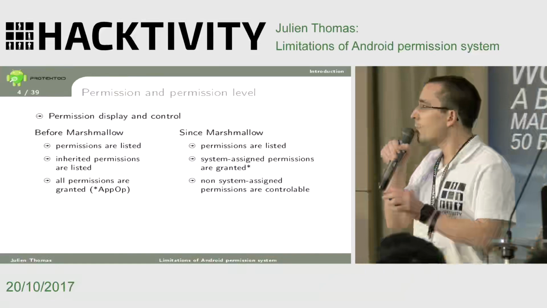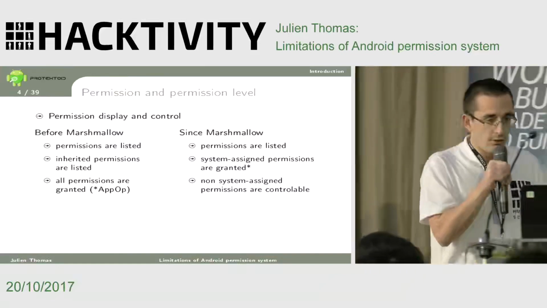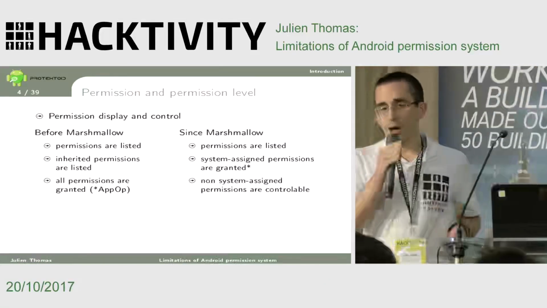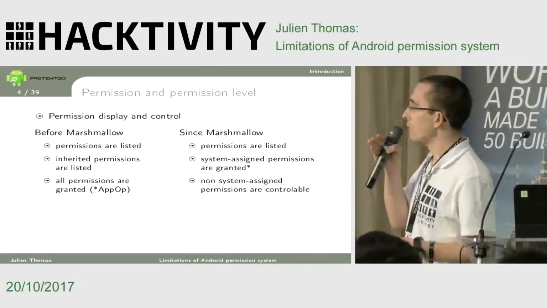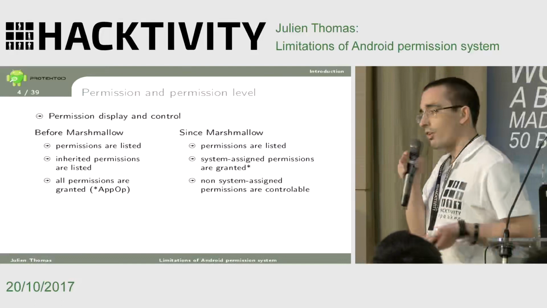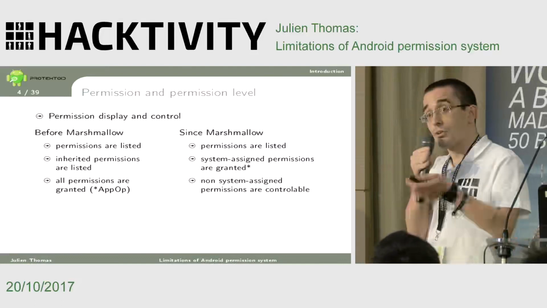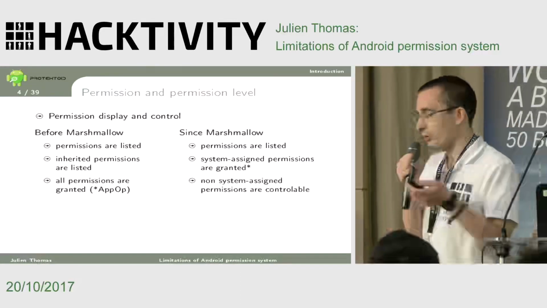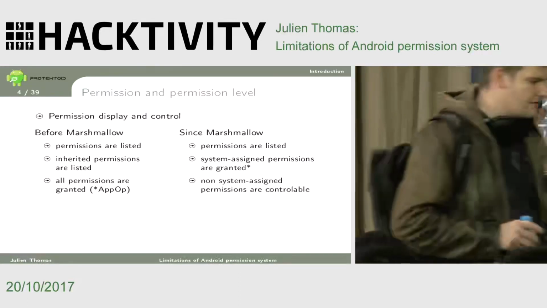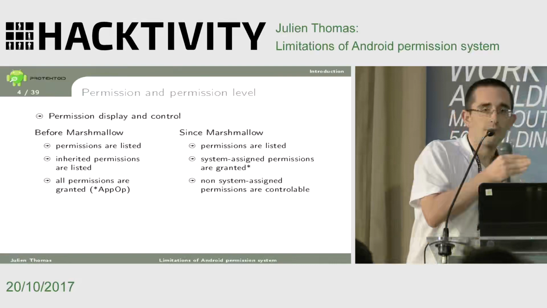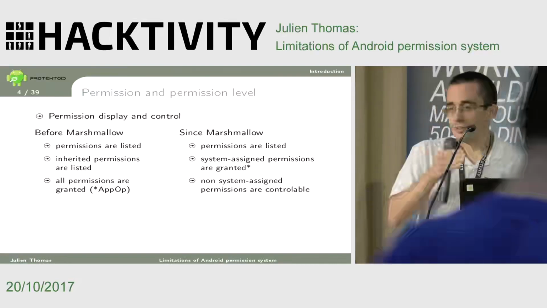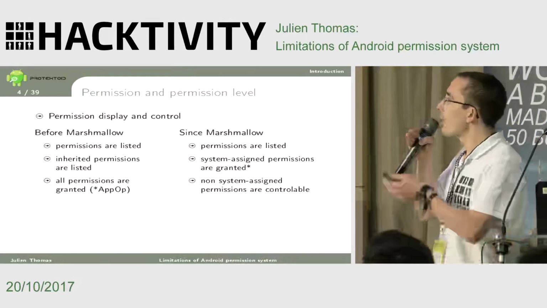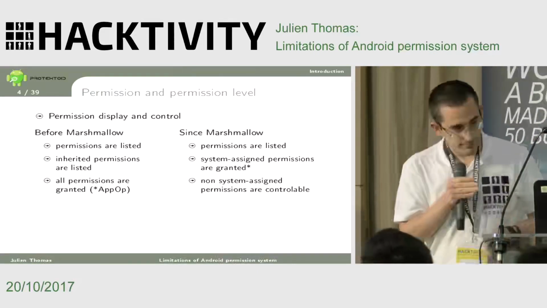A very brief introduction about permissions on Android. A very important thing is what you had before and after Marshmallow, because with Marshmallow we started to have what we call dangerous permissions, which are now requested from the user. The user has to approve an application, for example, to access your contacts or your calendar, whereas before it was done at install. The paradigm before was that when installing an app, the app had all the permissions it requested. Now that's not the case anymore.